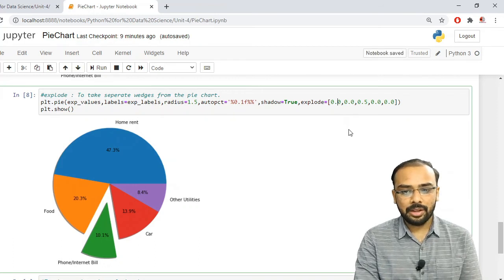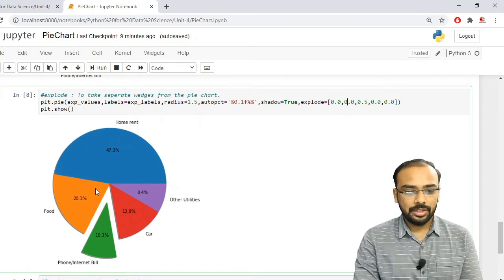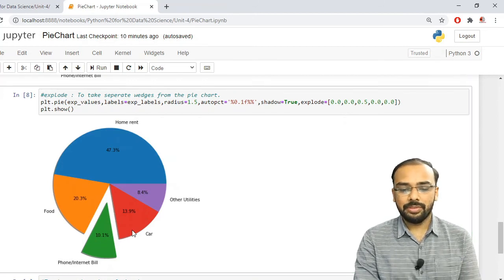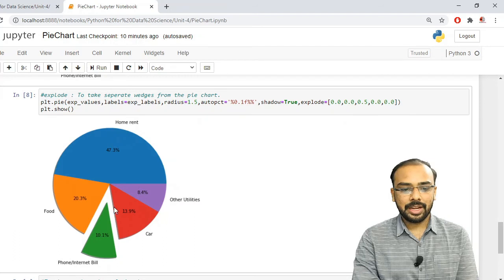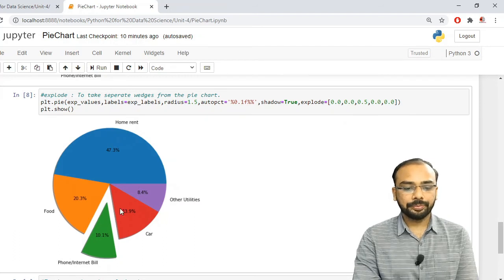Then we have taken 0.0 for food. Then we have taken 0.5, that means it will take out this particular wedge. Then we have taken 0.0 for car and 0.0 for other utilities. So it has taken out this particular portion.